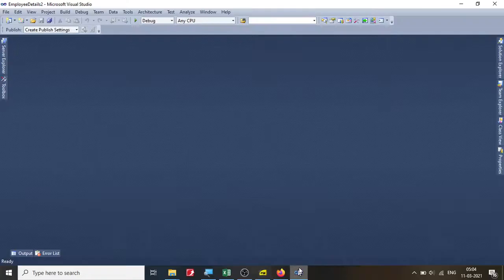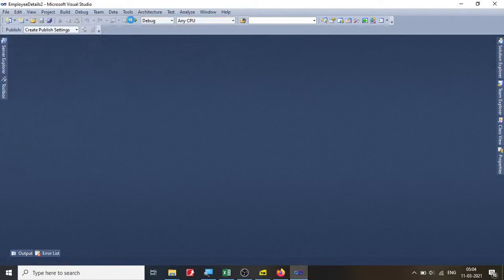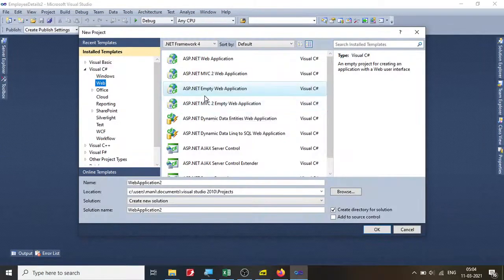application. So first of all, I'm going to go to File, New, and I'm going to create a new project, and I'm going to choose an empty project. You can give any information. I'm going to say library management system,